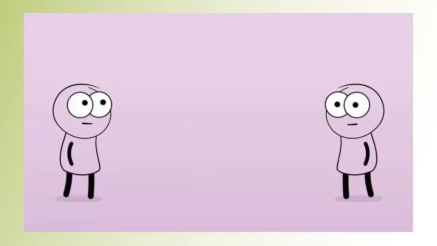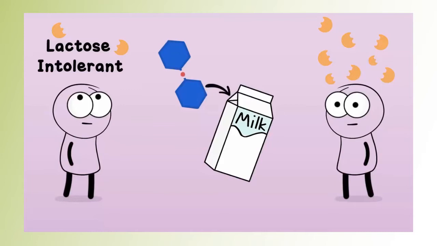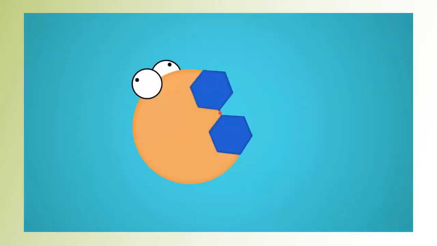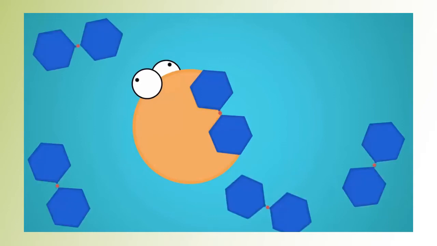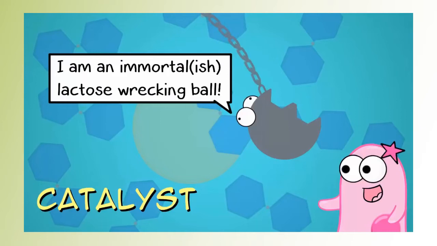Now, there are some people that do not produce enough lactase. They can be what we call lactose intolerant, which means that if they consume foods that have lactose, such as milk, it can make them sick. They can't break the lactose down efficiently without lactase. In that example, one thing to point out, lactase, the enzyme, can break down a lot of lactose, the substrate. The lactase doesn't get used up in the reaction. It's still there. We call enzymes a catalyst because they can be used over and over and over and over